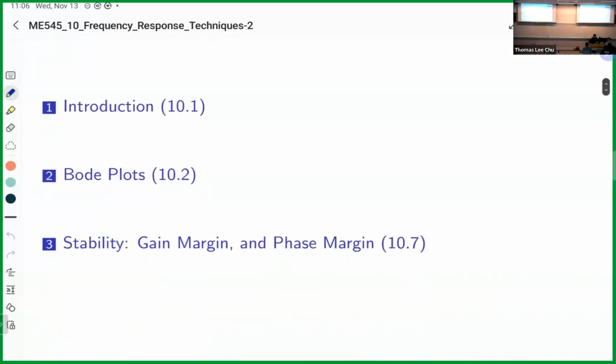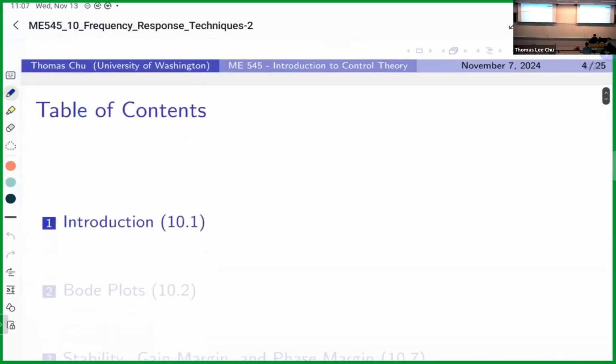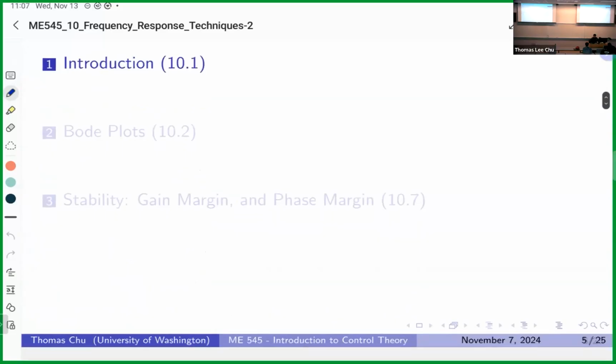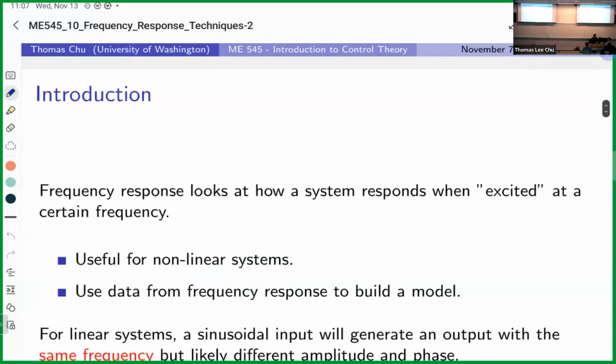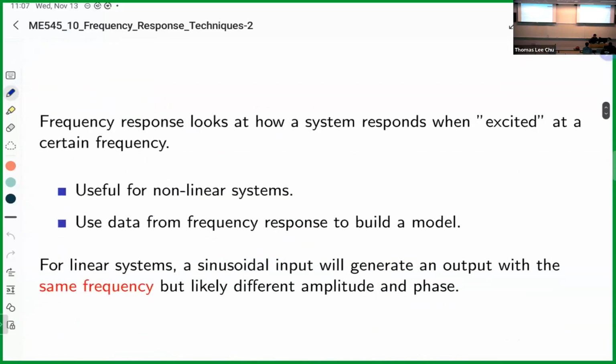So we're going to go through chapters 10.1, 10.2, and 10.7. And this is going to be a fairly long chapter. So we're going to go through some definitions in the introduction. The frequency response looks at how a system responds when it's excited at a certain frequency, and it's useful for nonlinear systems